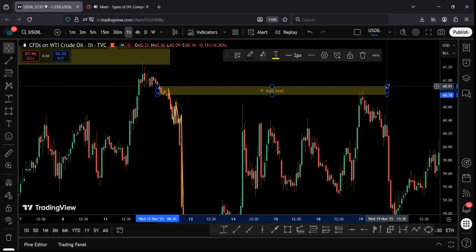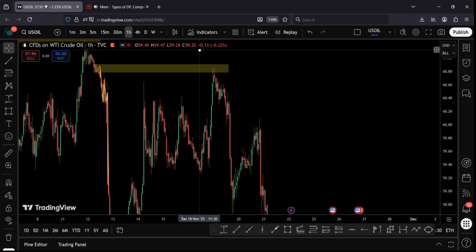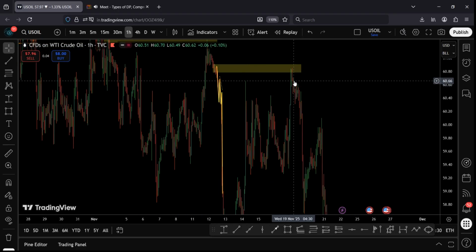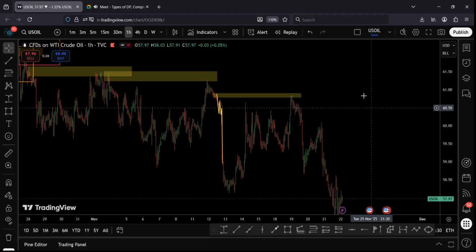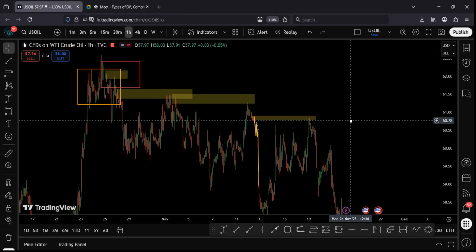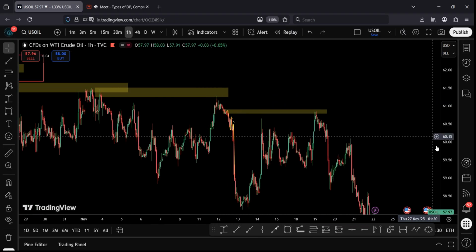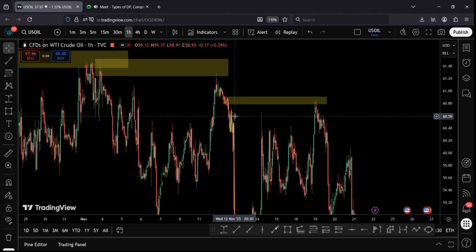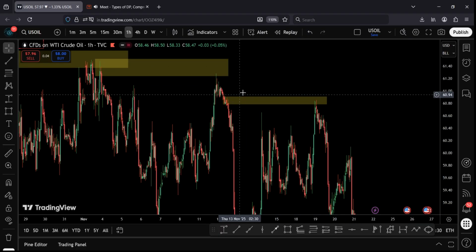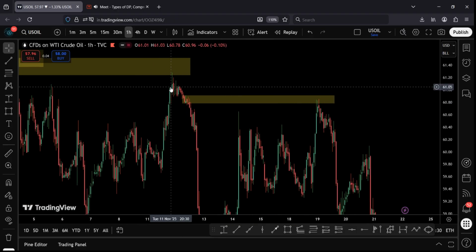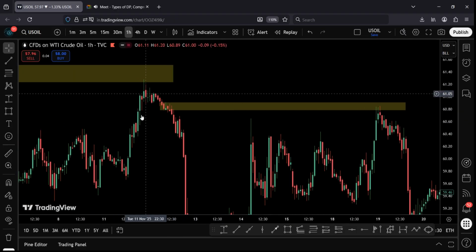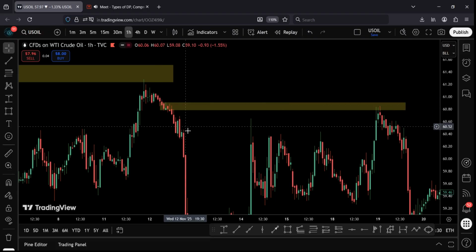Like, okay, and then fall down again. So here we look at this. This is also possible that price hasn't reached the top of the MPL. If you look at here, price goes up, came down, goes up, came down, goes up, came down, goes up, and then keeps falling like this.